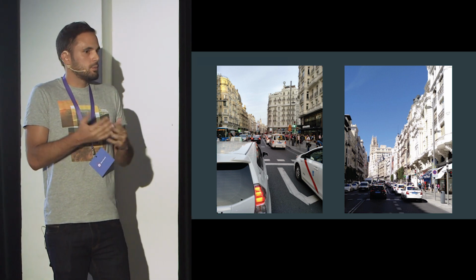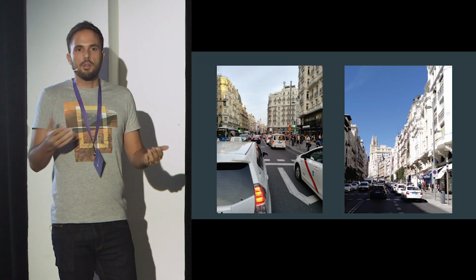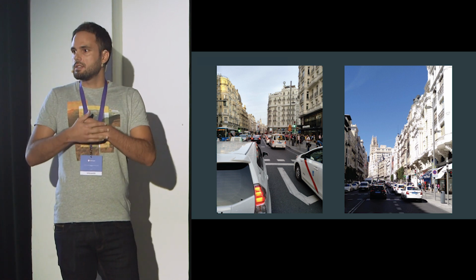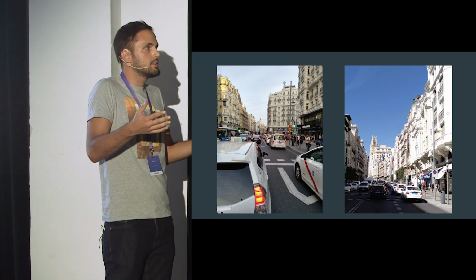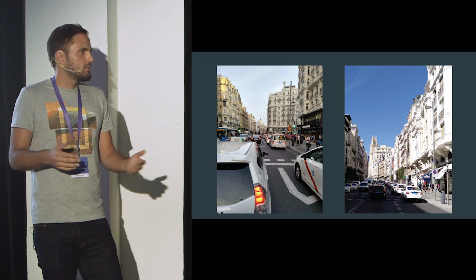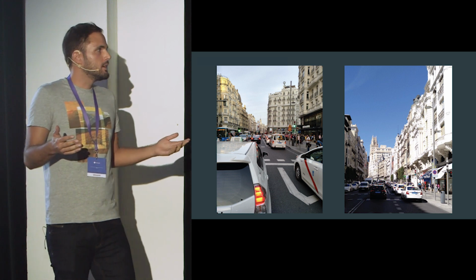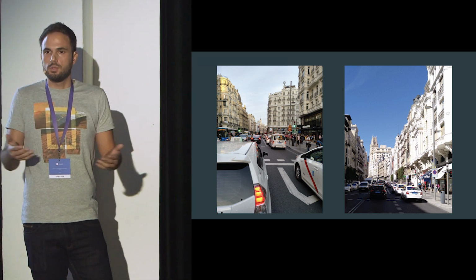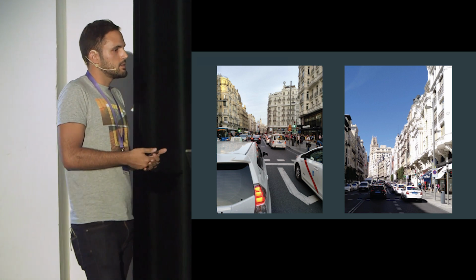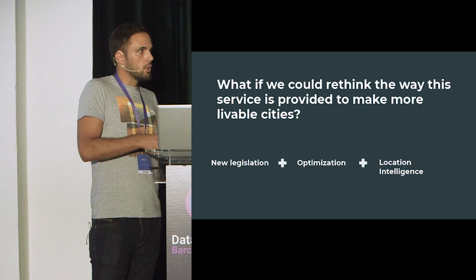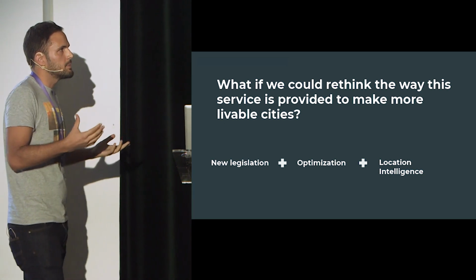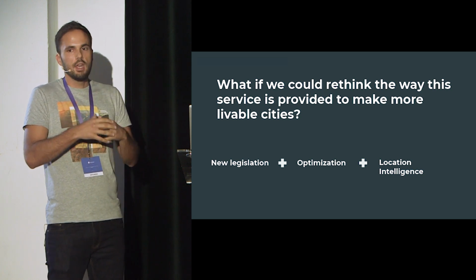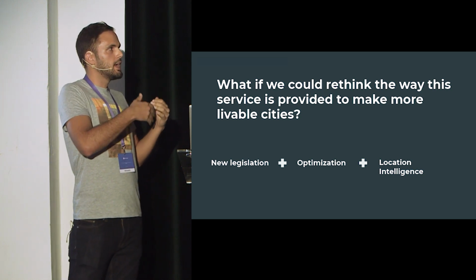When I realized this, I thought about it: traffic is one of the main sources of pollution in large cities, and car infrastructure takes a lot of the space in cities that we could use for bike infrastructure, for example, but also for parks or simply larger, wider sidewalks for people to enjoy their cities. So the idea today is that I'm going to introduce you to how to apply optimization in order to think about an alternative and how we can provide this service in a different